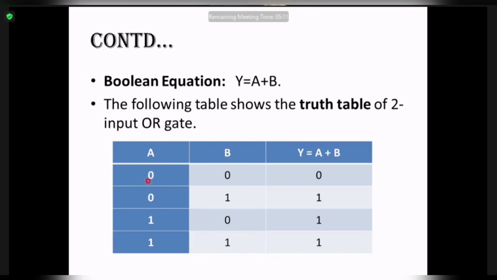In the first column, what we have done is that we have written 0 twice. We have written 1 twice. In the second input column, what we have done is we have written 0 and 1 alternatively. So over here, we will write 0, 1, 0, 1, right? So this is how you will get the set of possible combinations. Now see how many combinations you are getting. You are getting 4 combinations which are 0 0, 0 1, 1 0 and 1 1. So with 2 inputs and 2 binary digits, you are getting 4 combinations, right?